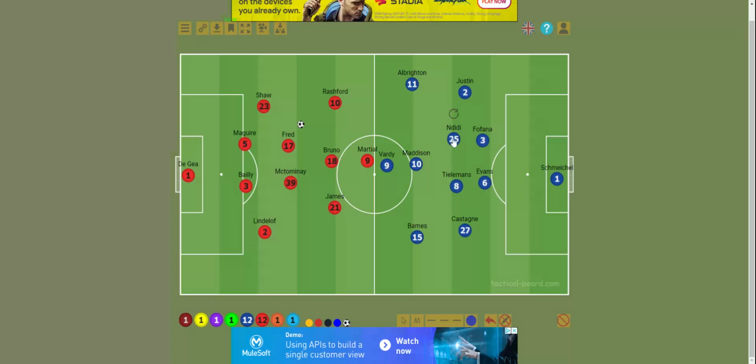I believe that both sides had a good game, but there were some things that United did not take advantage of, which came back to haunt them. And Leicester just made the most out of the chances they did get. So I want to start out by saying that other than the goal that Vardy got, Vardy was almost non-existent in this game. The fact was that United wanted to eliminate Vardy by using Fred McTominay well and using Bailly